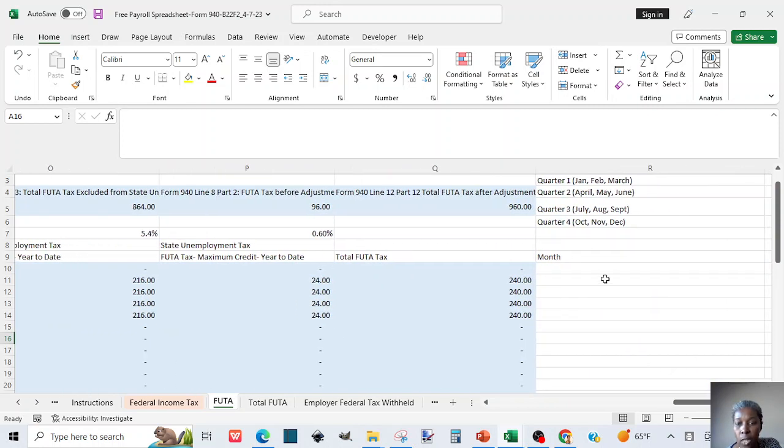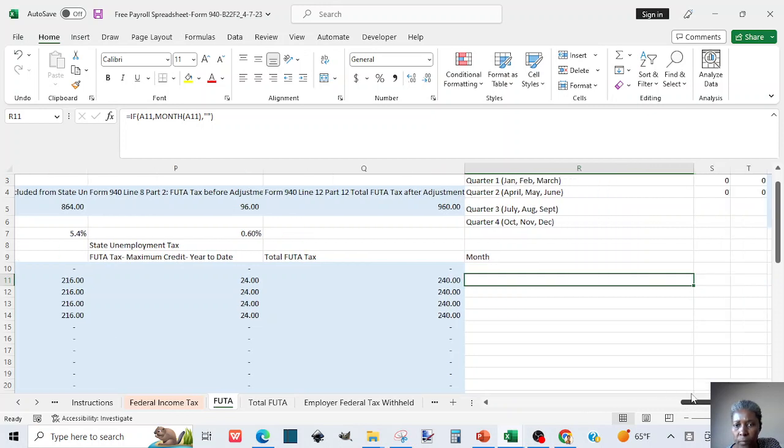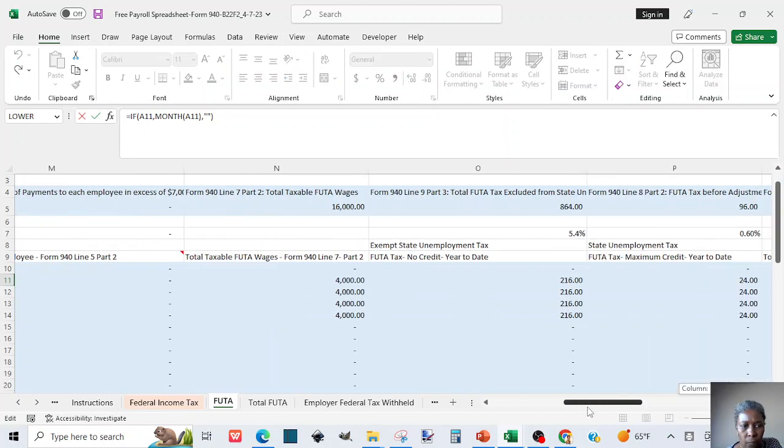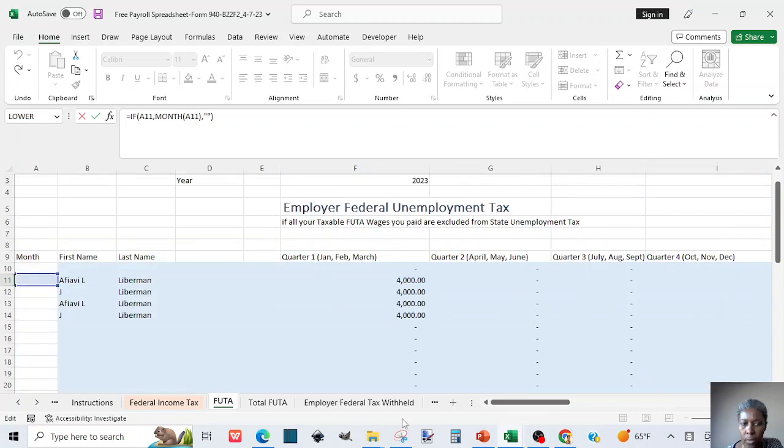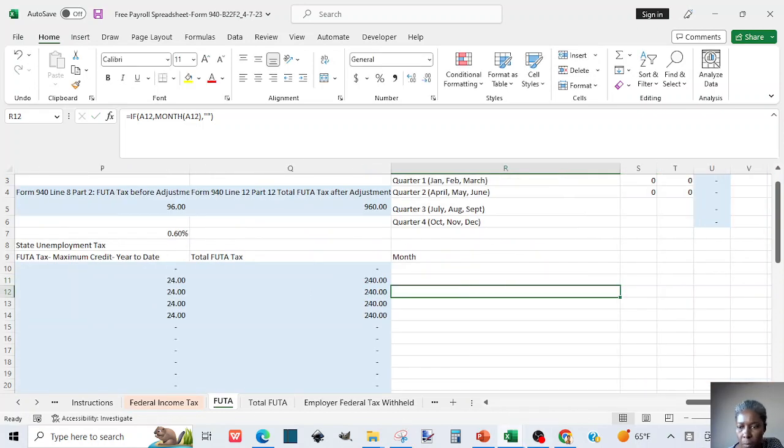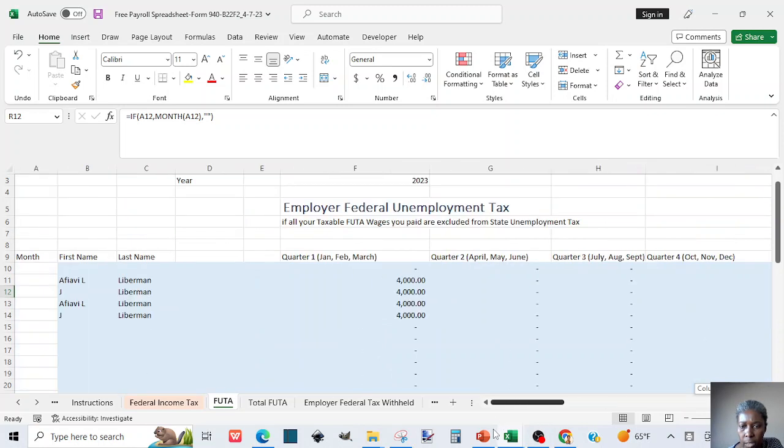Okay, so that means the footer tab, we need to come to the footer tab and enter the month. So on the footer tab, you will need to put the month at the beginning,